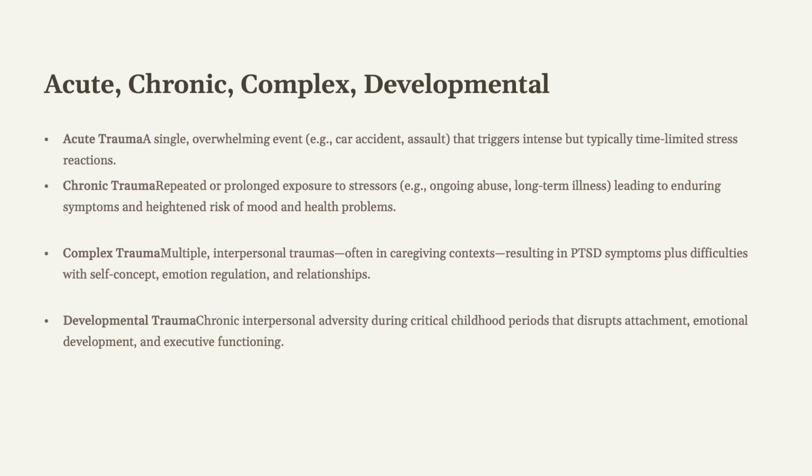A chronic stress, that's something that's prolonged or repeated. It occurs several times. That can be like ongoing abuse. That can be something that is just happening multiple times. That, of course, has the potential to be very much more impactful to the person when there's chronic trauma. Then there's complex trauma.